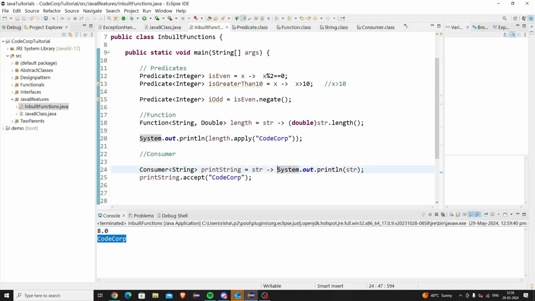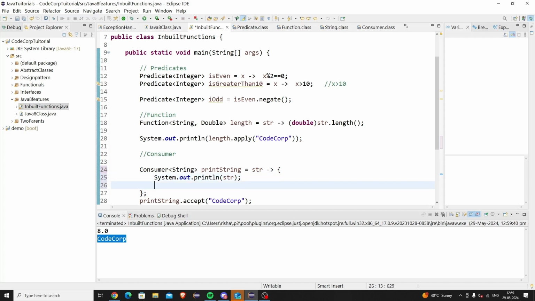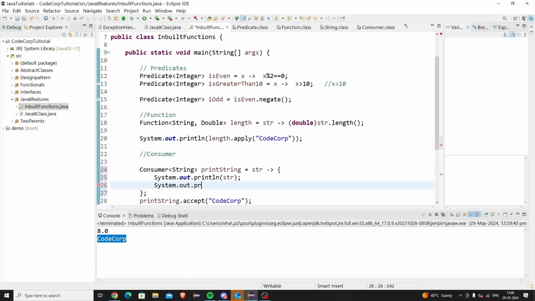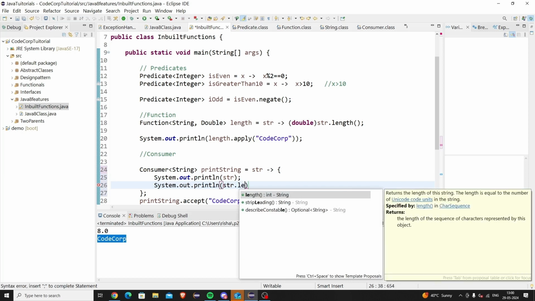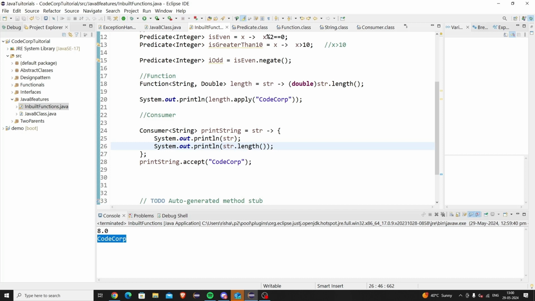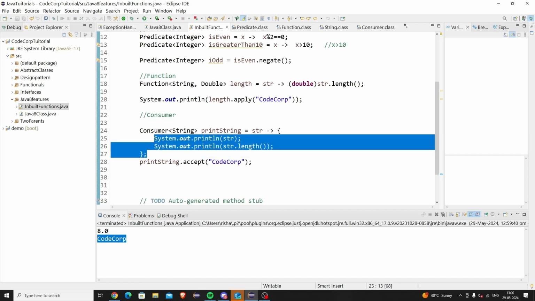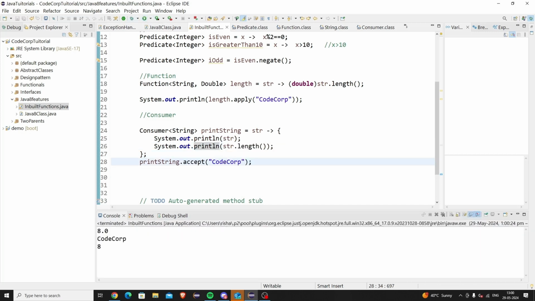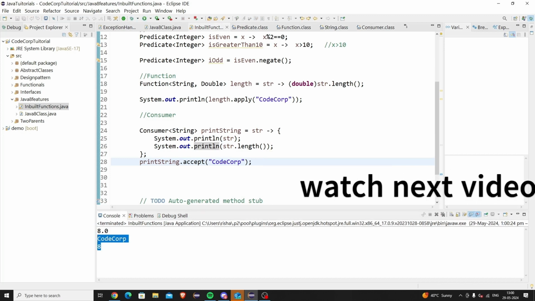Or if you want to perform multiple lines of tasks here, you can do that as well. Suppose I want to first print the string, and then I want to print the length. You can perform multiple tasks here as well. Like I told you yesterday, in a lambda expression we can write multiple statements as well. So now it will first print that string and then print the length of that string. You can see that here. So multiple operations can also be performed inside the lambda expression. Okay, so the consumer is also done. So now we'll